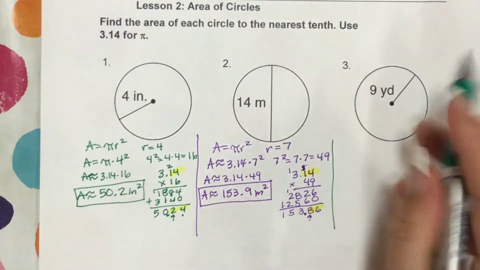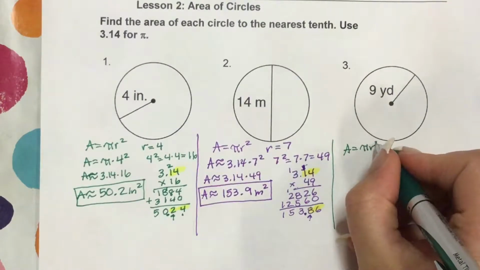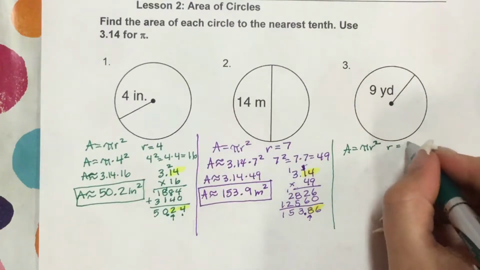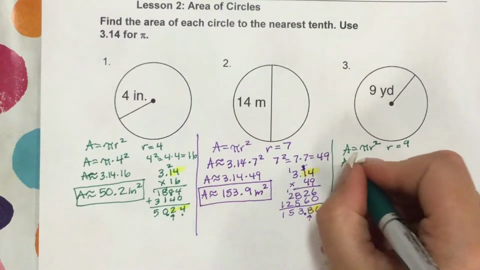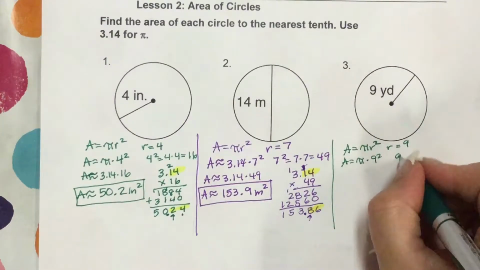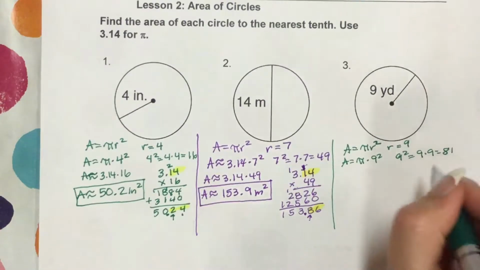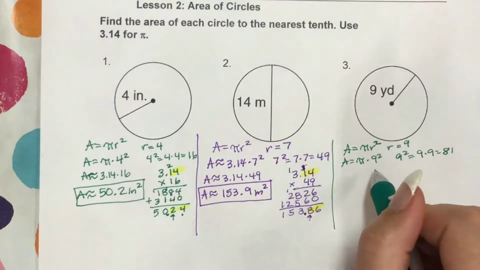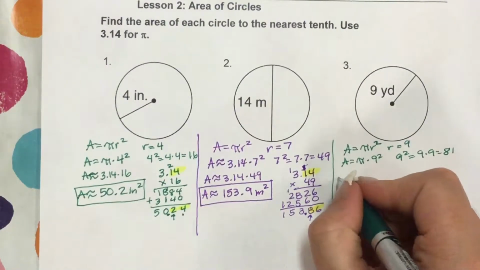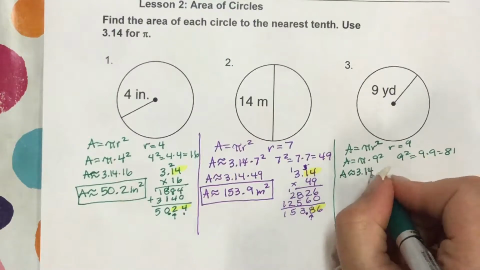So we're finding the area of a circle. We need to write the area formula first. Area equals pi r squared. Our radius is 9. We're going to substitute that in, so we get area equals pi times 9 squared. Remember, 9 squared is the same thing as 9 times 9, which is equal to 81. We're going to substitute that in because order of operations states that we have to do exponents before we can do the multiplication. Well, I'm going to substitute in that 3.14, which is going to make it approximate as well,